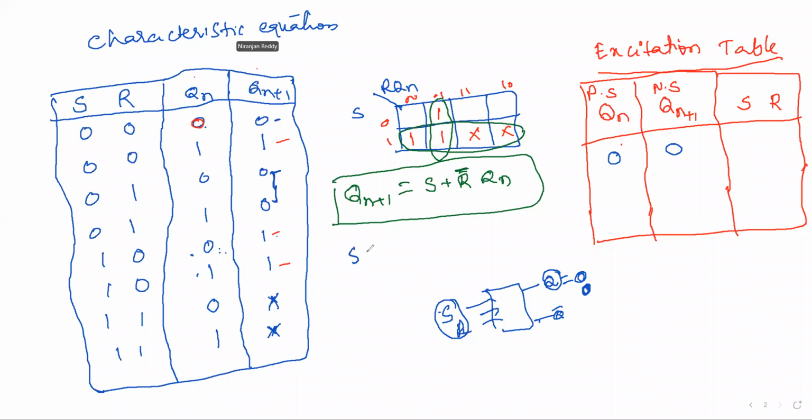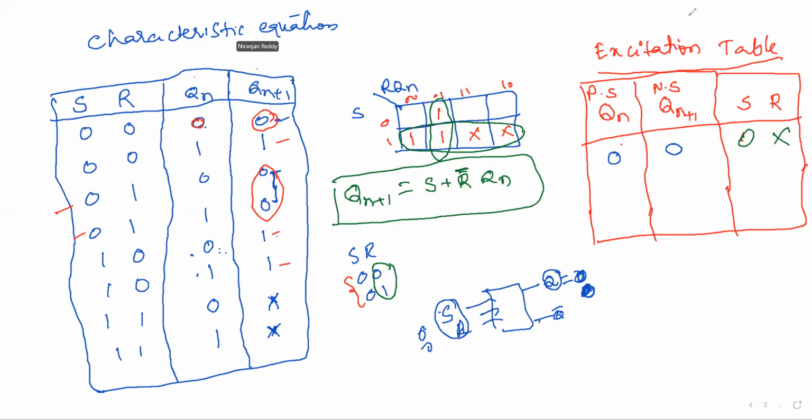So when will it happen? SR may be 0 0, or SR may be 0 1. A present input was given, 0 0 was given, the output became 0. Next also I want the output to be 0. There are 2 possibilities. So see where, here one, see here, this is the output, in the next state there is 0, next here also there is 0, these two. So 0 means 0 1, both are same, right? So SR may be 0 1, SR may be 0 0, which means that S must be a 0, S must be a 0, and R, see, we do not bother about R, it's a don't care.